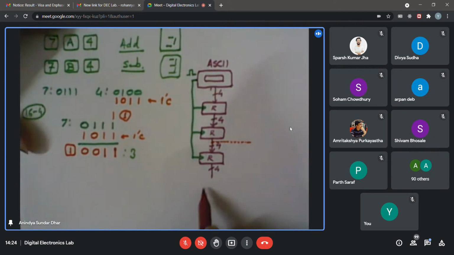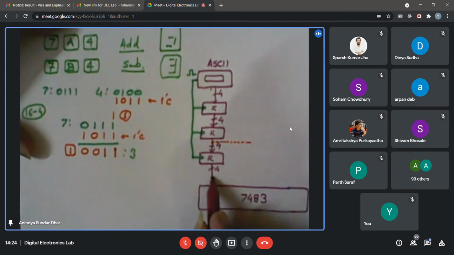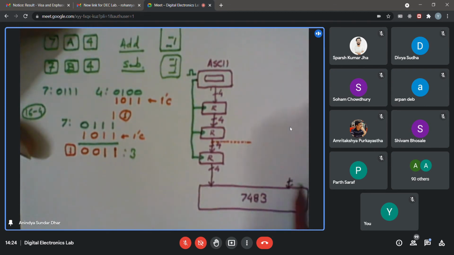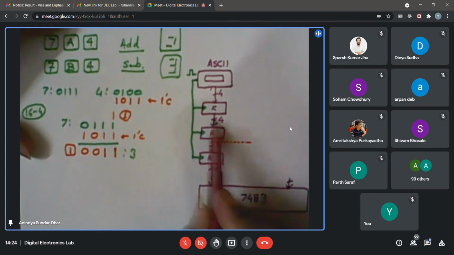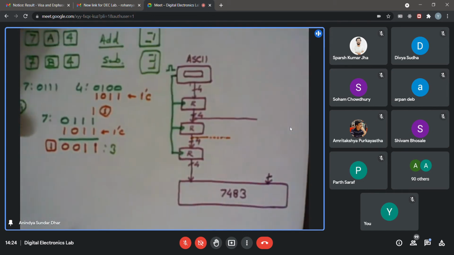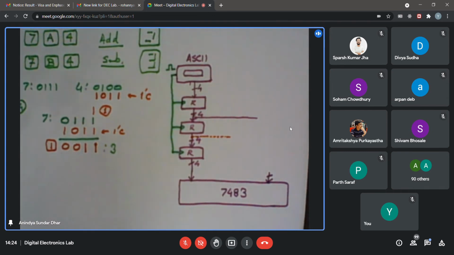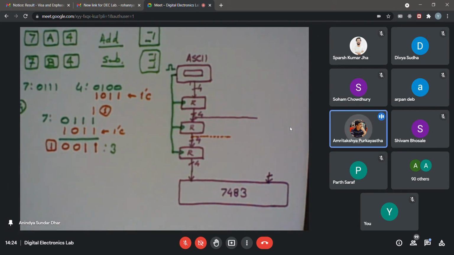Let me draw that. 7483. I'm drawing it a little wider so that I can put the buses appropriately. So this is the 4-bit operand. One operand is coming. Where will I get the other operand from? It should come from this, right? That is the other operand's place. In your earlier design, you directly connected it because you knew that it would always add. Now I need to pass it as it is if it is addition, and if it is subtraction I need to make 2's complement. So how? You can use an array of XOR gates.